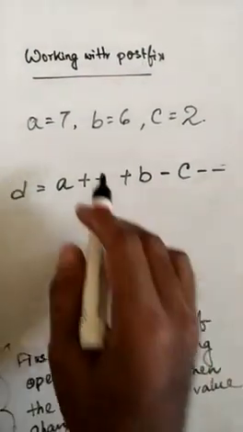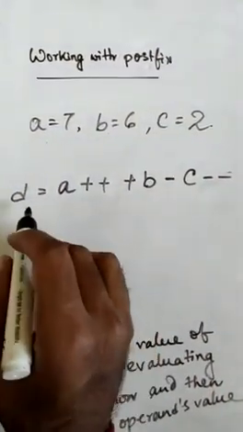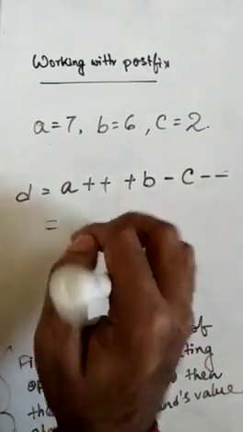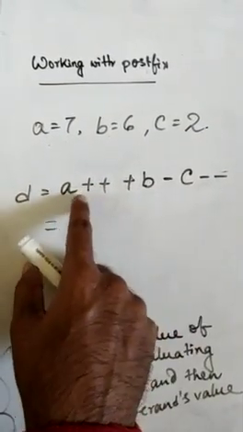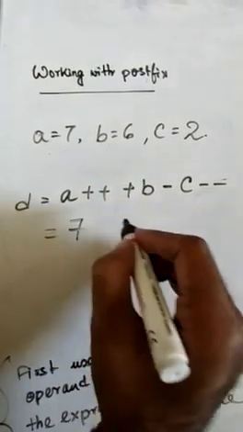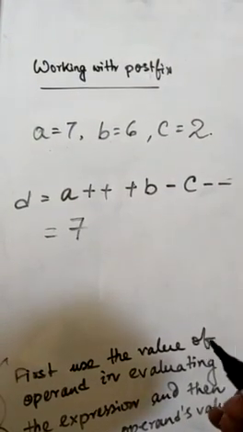Now let's have a look at another example. Here A equals 7, B equals 6 and C equals 2. Now we have to calculate the value of D. Again we are using the postfix version. So obviously A++. A has the value 7. So first we will use the value 7 in the expression, and after that the value of A will become